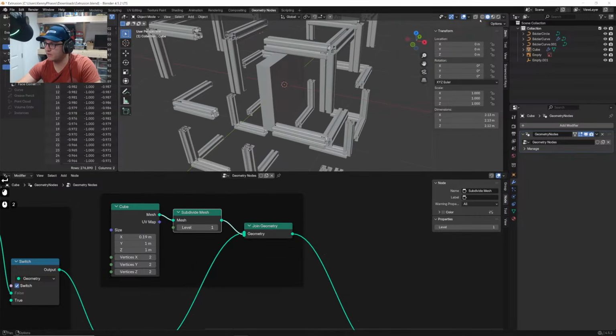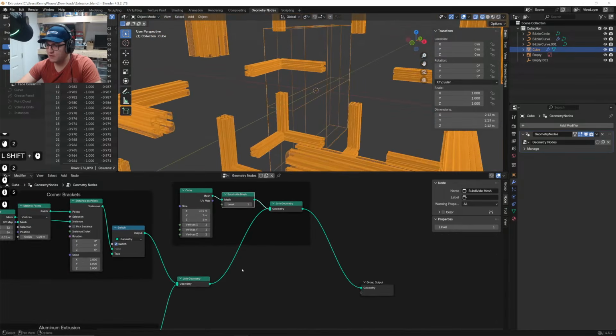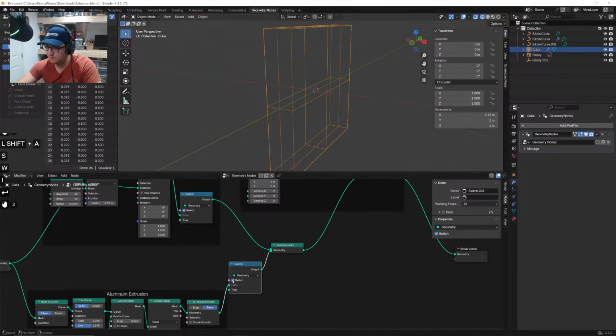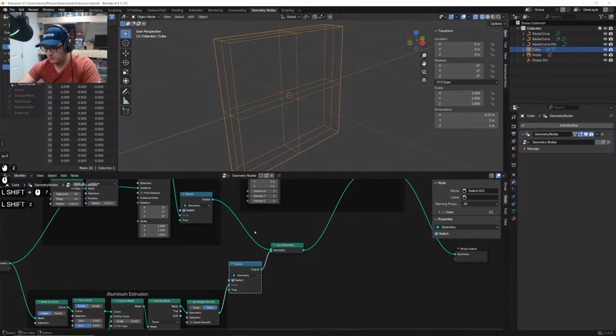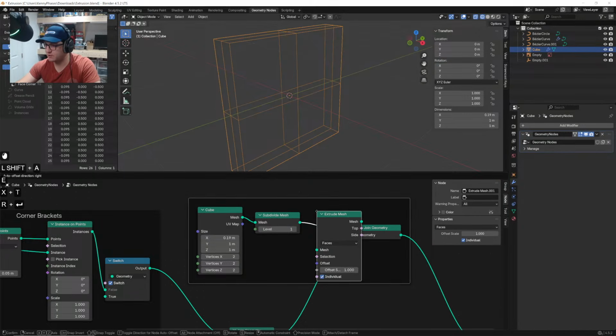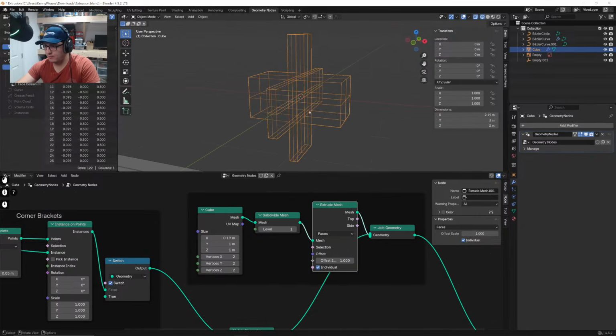So if we go into wireframe mode, we should see that it's subdivided. It is. You can kind of see that. Just so I don't get distracted by everything else, I'm going to switch all this other stuff off. So we have our subdivided mesh, and I want to extrude. Hold on, I'm really thinking this through before I do this. I want to extrude just two parts of it. So I think I'm going to do extrude mesh, but I only want to extrude the bottom two parts,